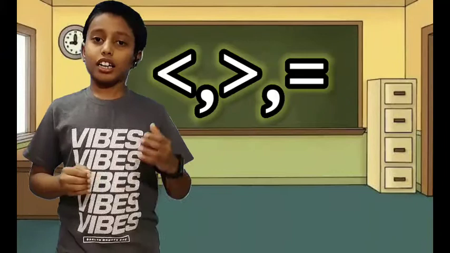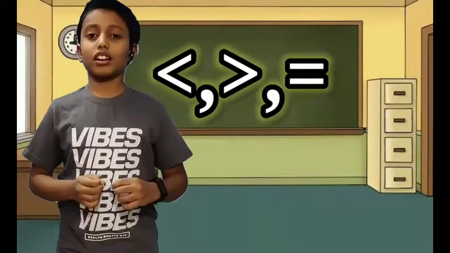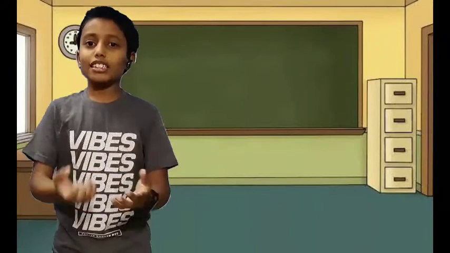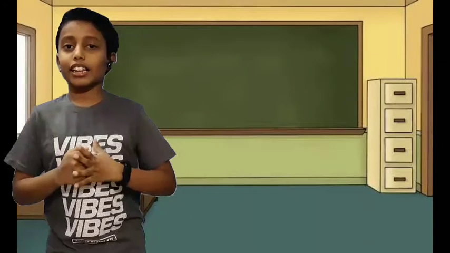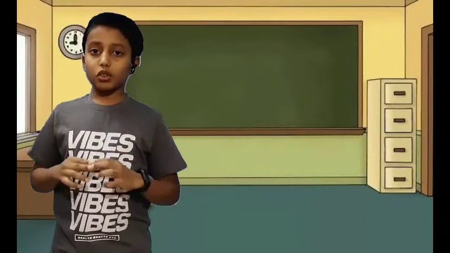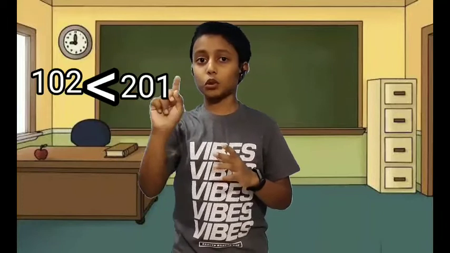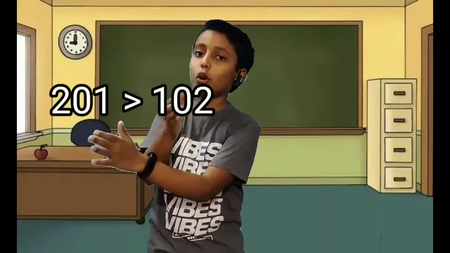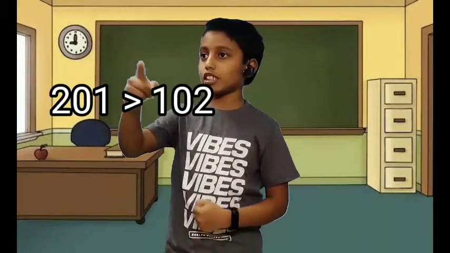We have been learning greater than, less than and equal to signs from childhood. So let's apply these signs to these numbers also. This is called comparing. The bigger number, which is 201, we will put here, and here we will put 102. Now we will put the greater than sign, which will face 201. So here it means that 201 is greater than 102. Or you can just flip the 102 to our side and then keep a less than sign, which will face that side.